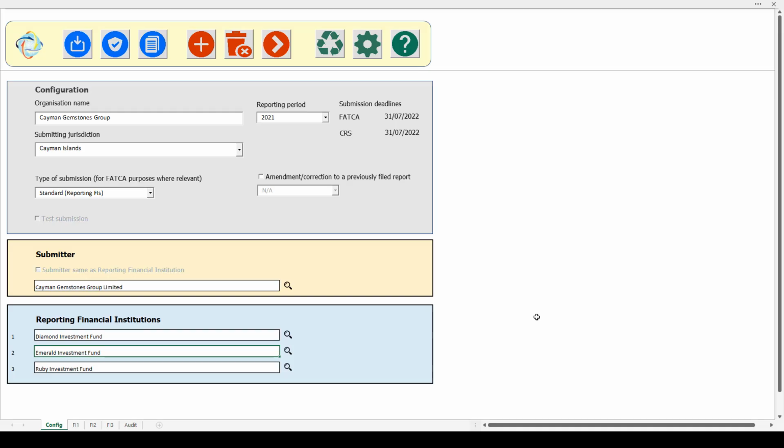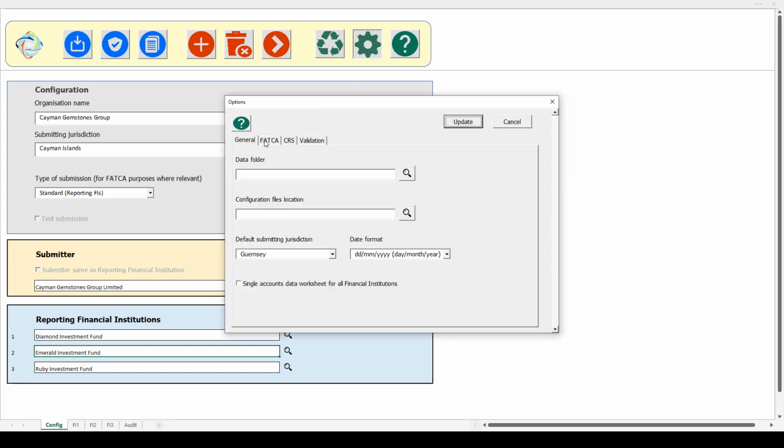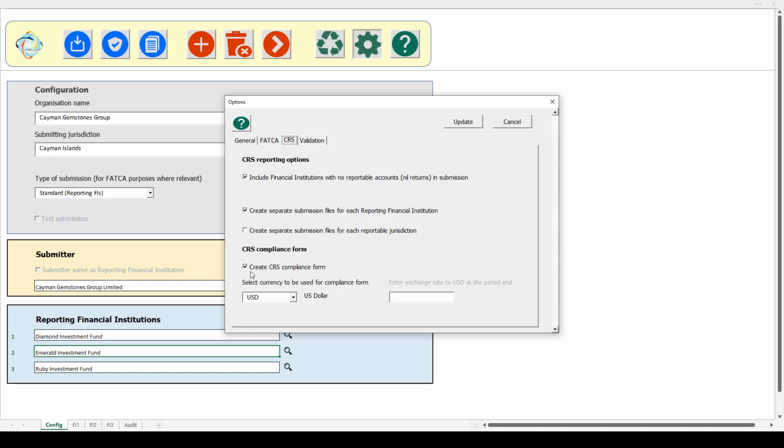I'm in the AOI Hub reporting template here, and the first thing to note is that you need to switch on the CRS compliance form in the options screen. You go to the CRS tab, and there is a checkbox here for creating the CRS compliance form. The reason for that is because once we enable this, it's going to introduce a number of extra checks on the FI data.